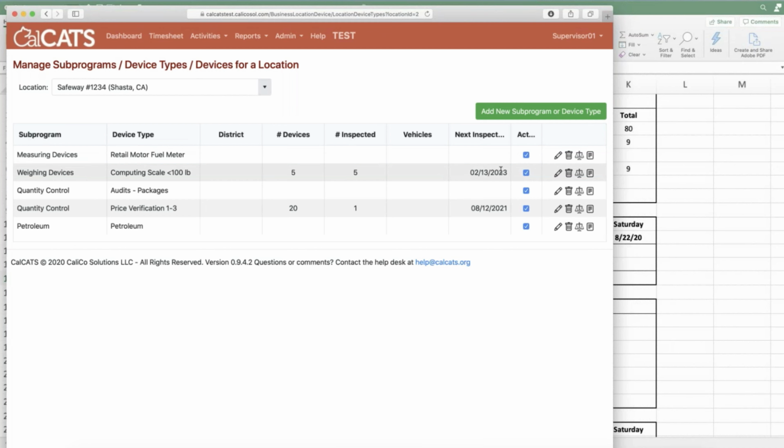The column for number inspected, that's the number that was inspected at the last inspection. Is that correct? That's correct, yeah. Okay, because I'm just thinking there's some businesses that will have 100 scales at the location. They'll get a new one. They'll say, can you come out and inspect the scale? We'll go inspect it. And then suddenly that column says 1 out of 101, and it looks like they are problematic. Does that make sense? Yeah,